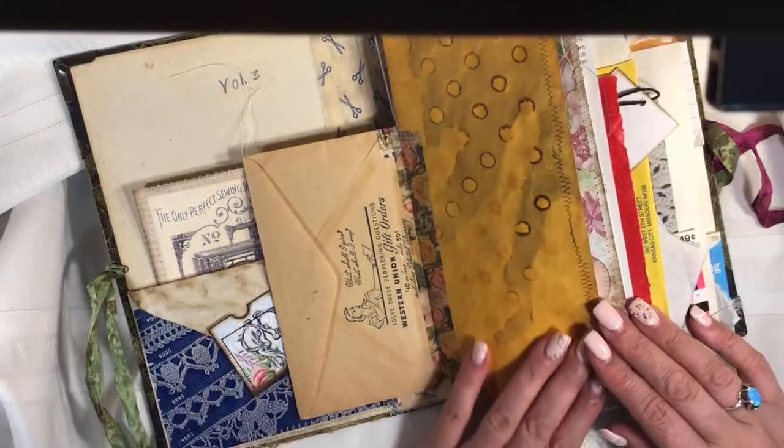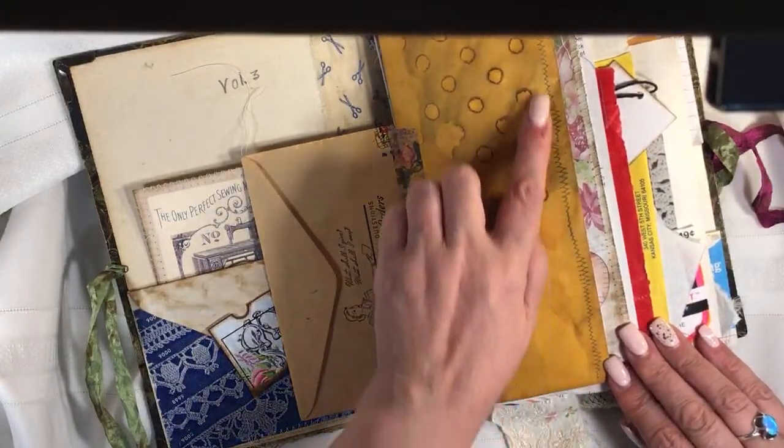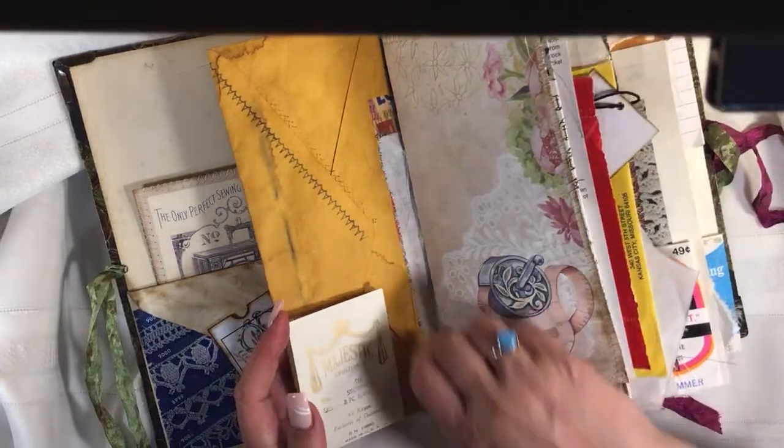Anyways, I coffee stain this on the dot pan so it gets nice and grungy. And then this is a sewing stamp. So it's black ink. That's really neat, and it's a business envelope. And then all this